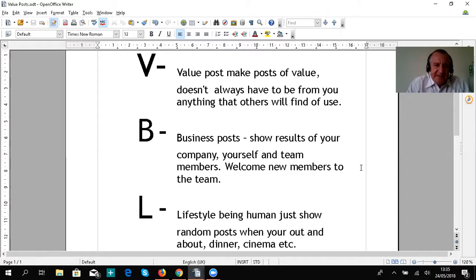And then you've also got business posts. These can be showing results of your company, showing results about yourself and other team members, and also welcoming new members to the team. Okay, so yeah, I think the guy who put all this together, he was saying that he was always sort of showing his results, and he wasn't showing team members, and then he suddenly decided he should start doing that, and all of a sudden he got a lot more response from people, and he did a bit of investigation about why did these people suddenly start coming on board and getting involved, and it turned out that they were saying things like, well, we knew you were getting the results,